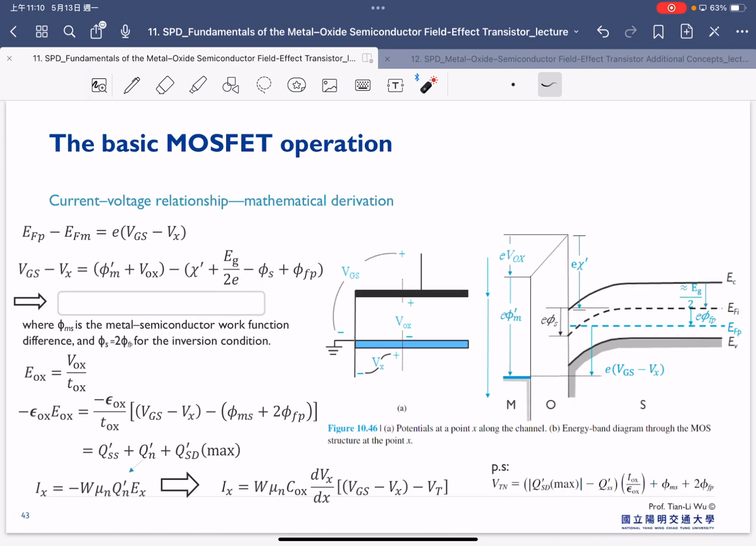So again, this is another Venn diagram we use. Our Fermi energy EFP minus EFM, that's the Fermi energy on the metal side, will be equal to the bias as shown here, and therefore we can further consider VGS minus Vx will be equal to this term. Therefore VGS minus Vx is equal to Vox plus 2 phi Fp plus phi Ms, where phi Ms is the metal-semiconductor work function difference, and phi s equals 2 phi Fp for the inversion